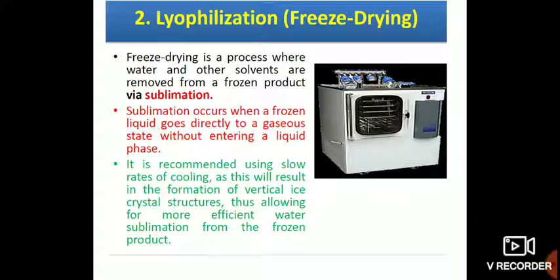What happens here is that it will suck all the water molecules from the solution, so that you get only the dried powder of cells. One of the major examples is milk powder. Maybe you have heard about how milk powder is made. There are several types from Nestle, then Lactogen, like that. There are a number of milk powders you get in the market.